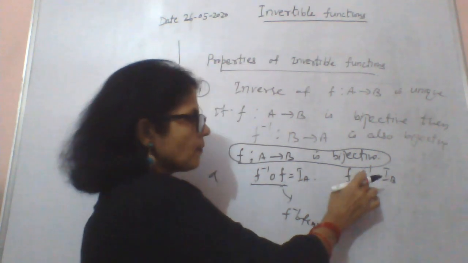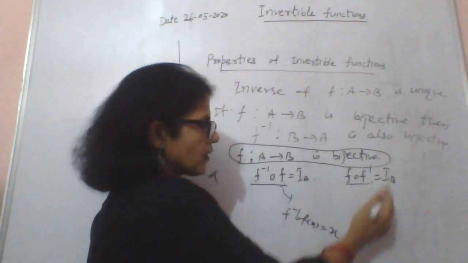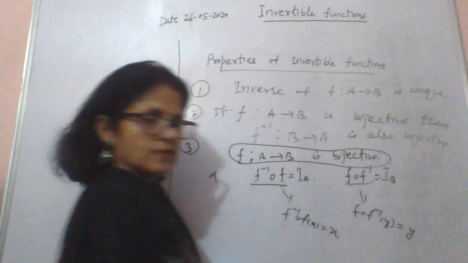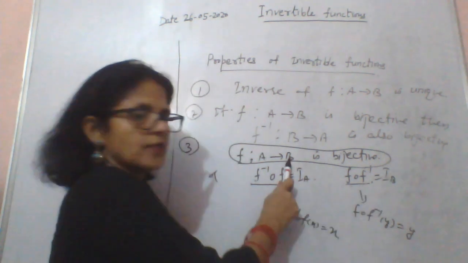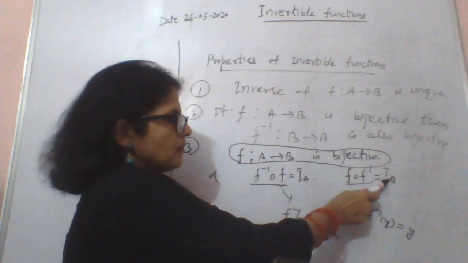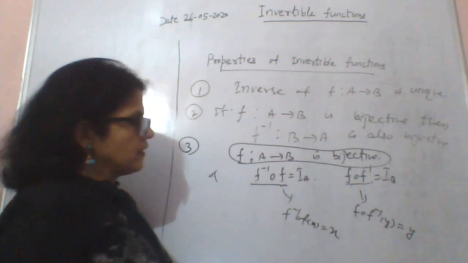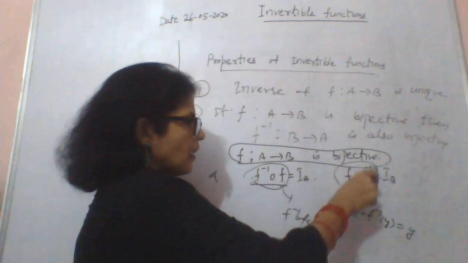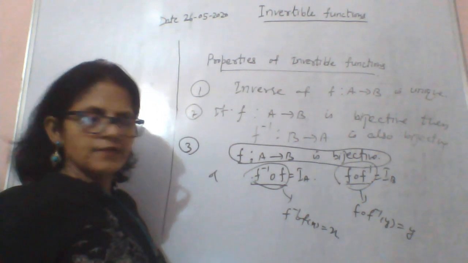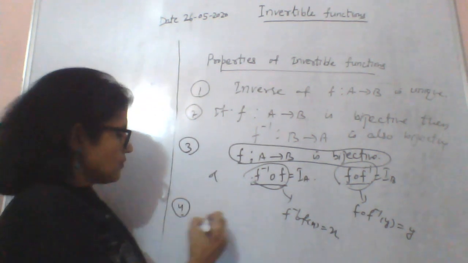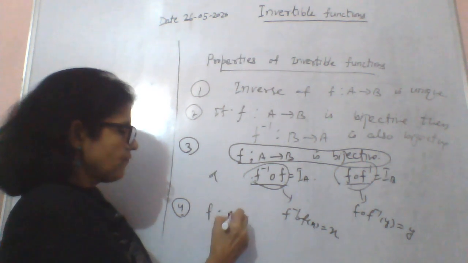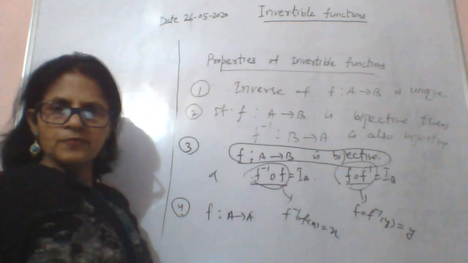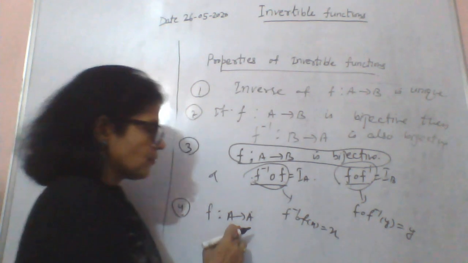Similarly, f of f inverse equals I B. So it means f of f inverse of y equals y. I B means identity function on set B, where y belongs to B. So when it is bijective, f inverse of f and f of f inverse are both identity functions. The fourth property is whenever you take f from A to A, which means mapping on the same set, instead of A to B, if f is a function from A to A